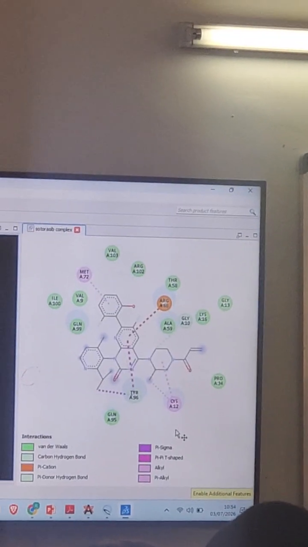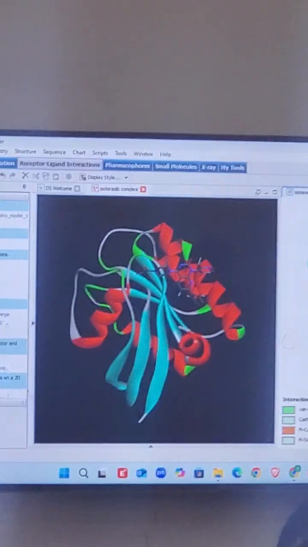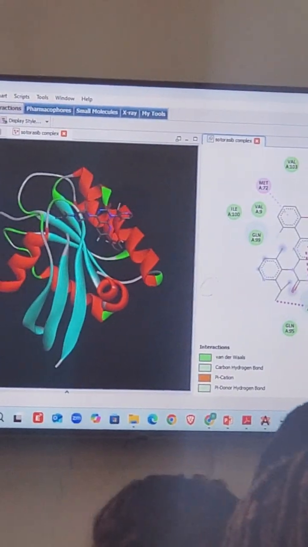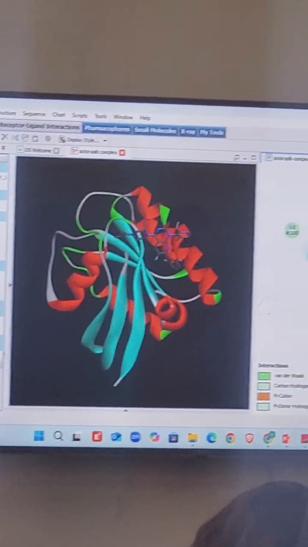Are we okay? Thank you. Now let me repeat the process. So now I'm repeating the process with one other compound that we got from Swiss Similarity. And here you